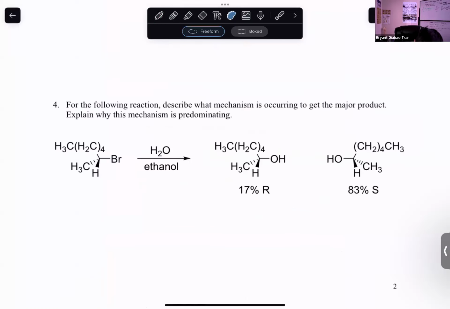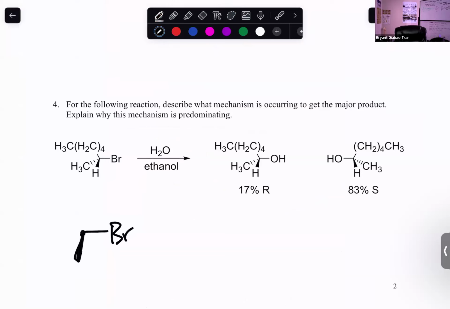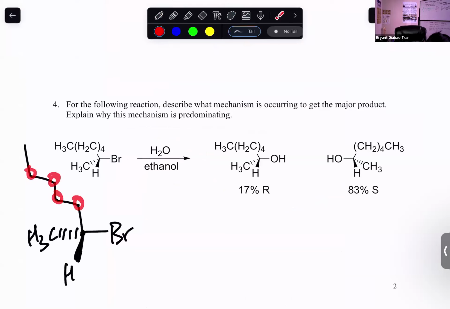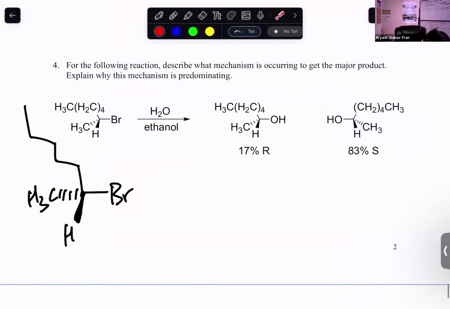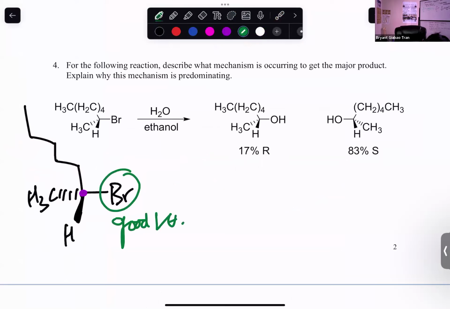Yes. Okay. So the way I understand it, I'm going to redraw this into a neater form like this. This is the carbon right there. That's the bromine. This is the hydrogen. This is the CH3. This is the CH2, 1, 2, 3, 4. Four of them. This is the CH3 like that. So 4 CH2s and a CH3 at the end. This substrate right here, the carbon attached to the good leaving group,